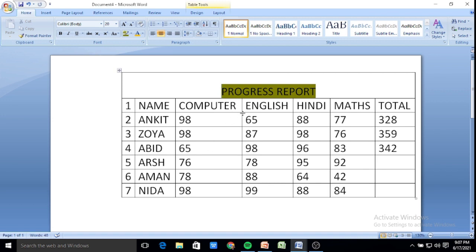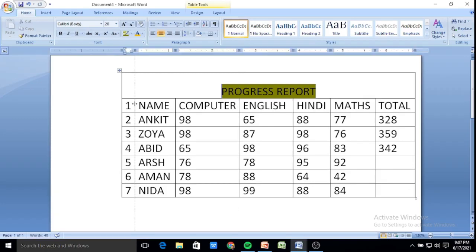Okay, next was children changing the column width. You can see here double-headed arrow. You have to simply place your cursor on the line from where you want to increase the size of the column. See here, this is the change of column width. Okay, like this. Okay, so this is about the change of the column width.